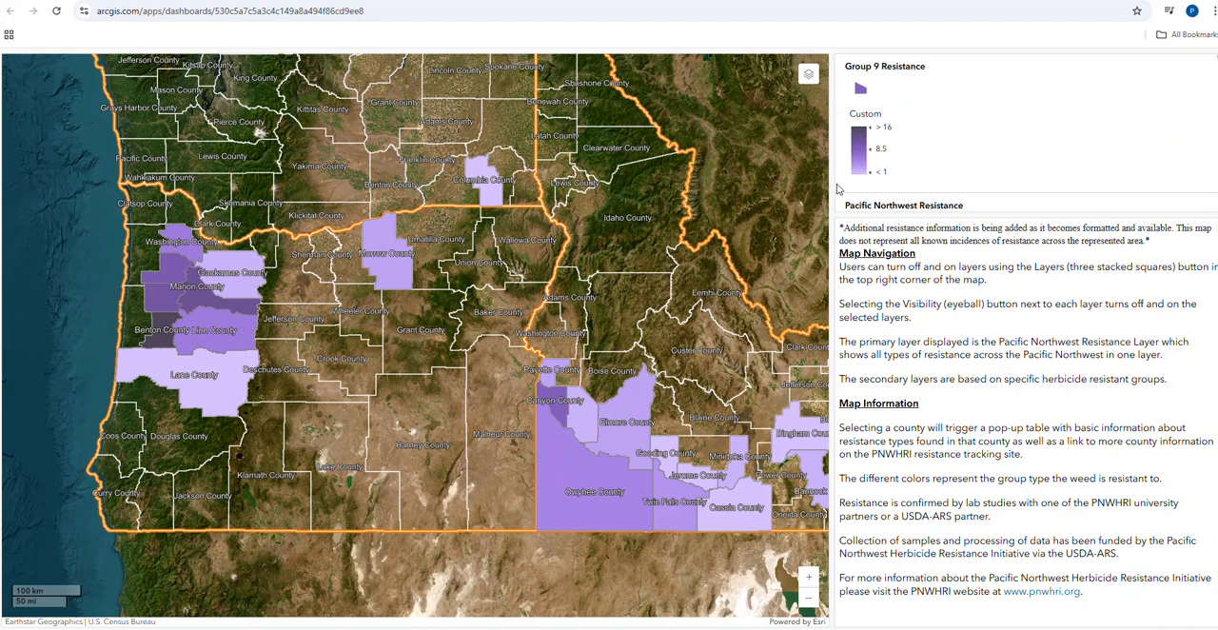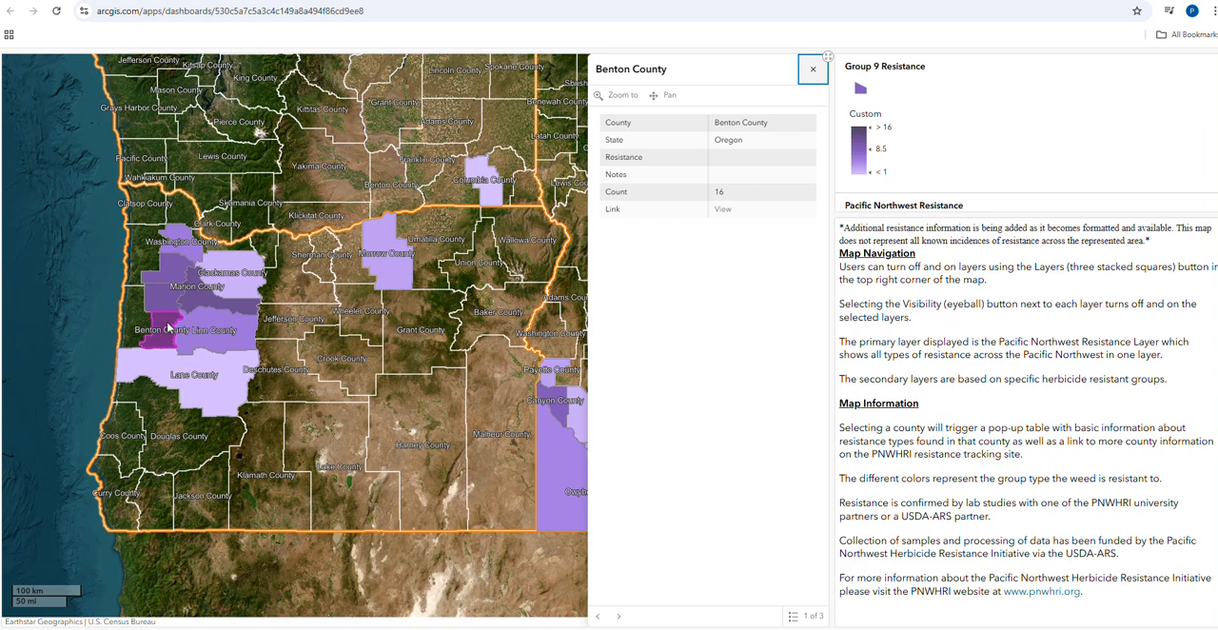We have a key to the upper right hand side, and anything that's darker purple, we have documented 16 or more populations. Lighter purple, we've got 1 population. And so if we were to click on Benton County, the information expands and it says that we've got 16 counts. We know that it's resistant to group 9,